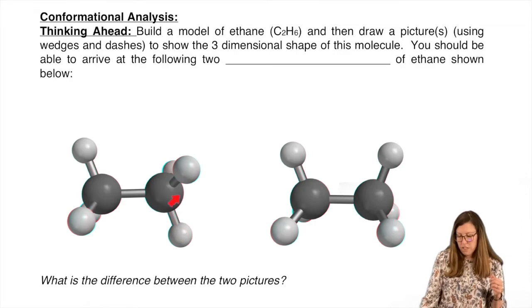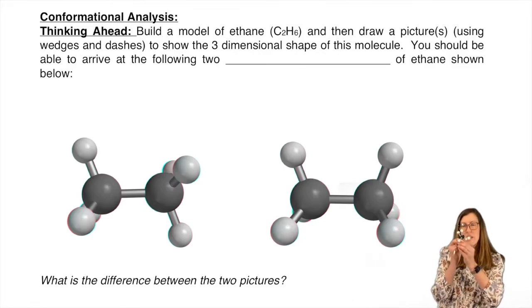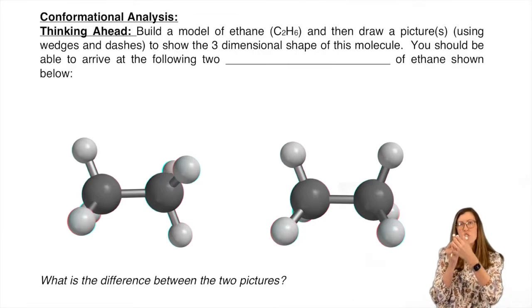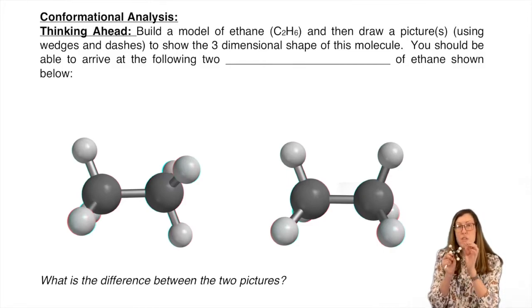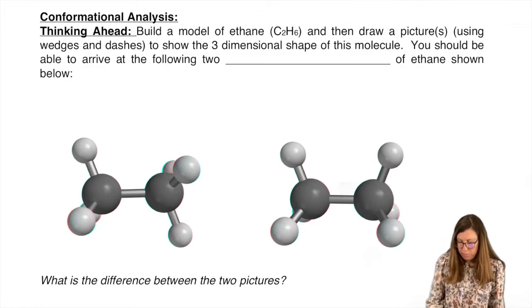But there are many rotations. I could have this hydrogen, instead of being in the plane, be a dash or a wedge, right? So it could trade all of those places. In fact, grab your ethane model again and rotate one of them, and you see you can make a full circle. So there's 360-degree rotation possible with respect to the other carbon. So we're going to be analyzing that conformational analysis.